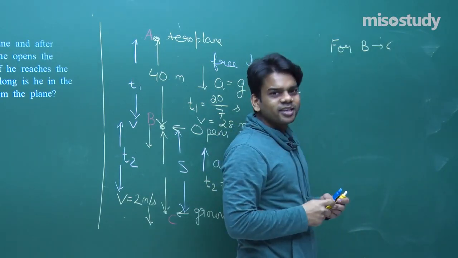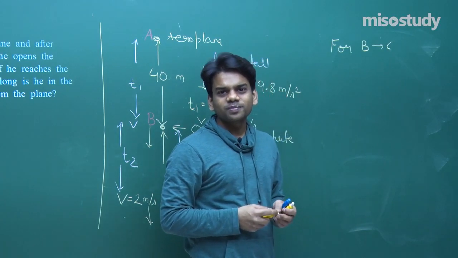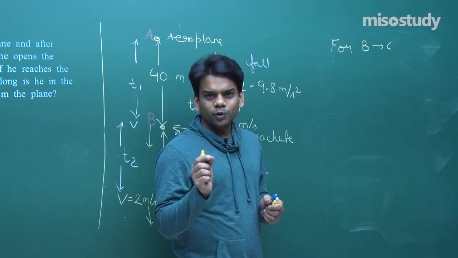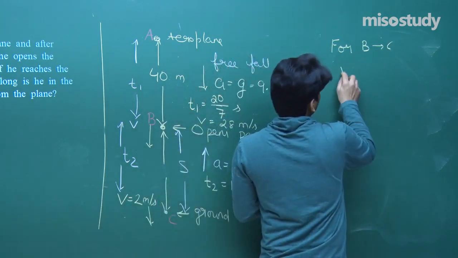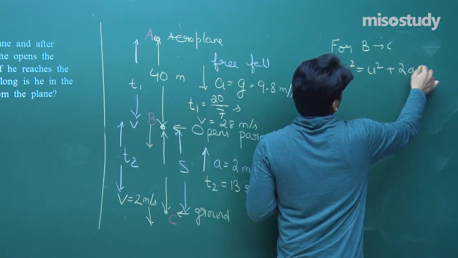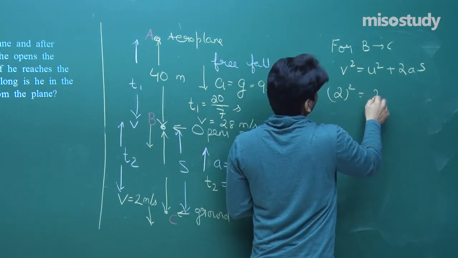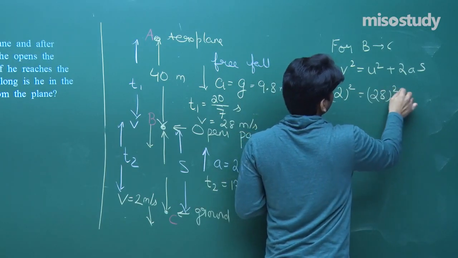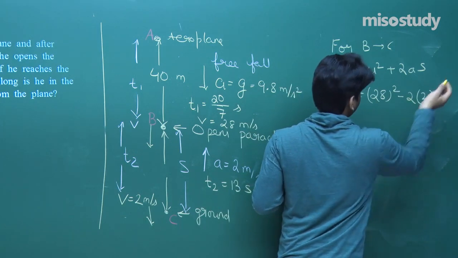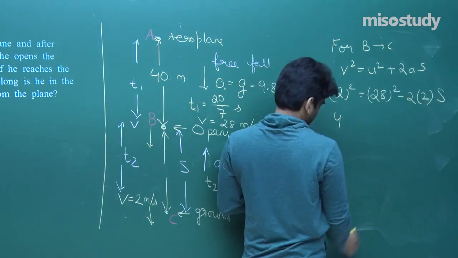For it, can we use S equal to ut plus half at square? That also we can use, we have the value of u. We can also use V square equal to U square plus 2AS. V is given as 2, U is given as 28, A is negative, so minus 2 into 2 and into S. So for this, you can see this will be 4 and